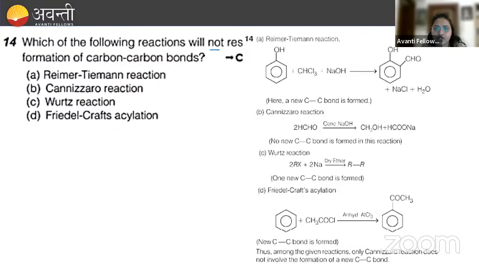Yes, Reimer-Tiemann reaction, you know the Reimer-Tiemann reaction, alcohol reacts with chloroform to give OH and CHO, तो यहाँ पे कार्बन कार्बन नया बॉन्ड फॉर्म हो रहा है, new bond is formed, so that is not our correct answer. Cannizzaro reaction, कैनिज़रोस रिएक्शन अभी मैंने आपको बताया कि ये दो मॉलिक्यूल रिएक्ट होते हैं और हमको क्या मिलता है, phenol to benzaldehyde, Ganesh which reaction you are talking about, phenol to benzaldehyde,